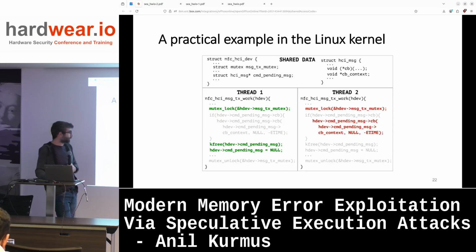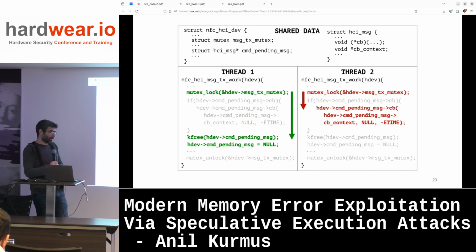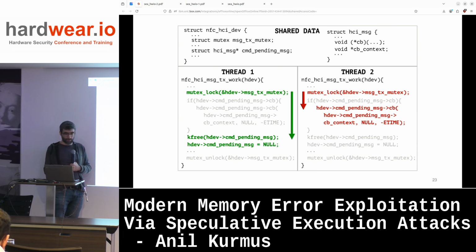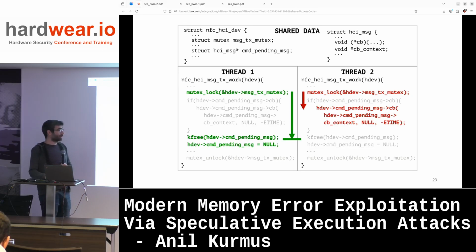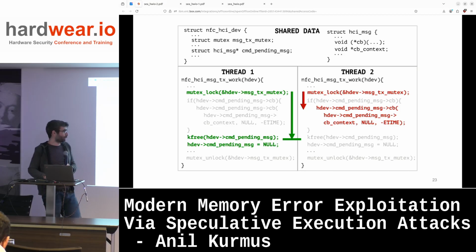So there's no problem with this piece of code normally, but during speculation we can bypass it. So looking at this a little bit more in detail, as before, we would execute, so that's in green, architecturally until the kfree, freeing the memory, but we would interrupt the thread just there. And then we would execute now speculatively the mutex, bypass the branch during speculation, and then obtain speculative control for